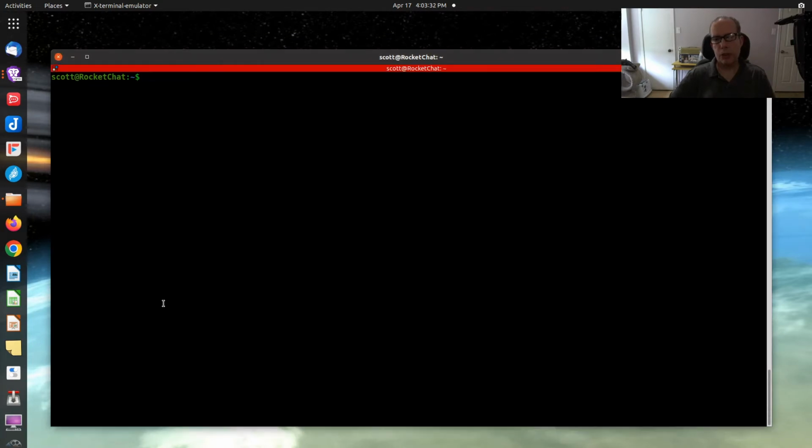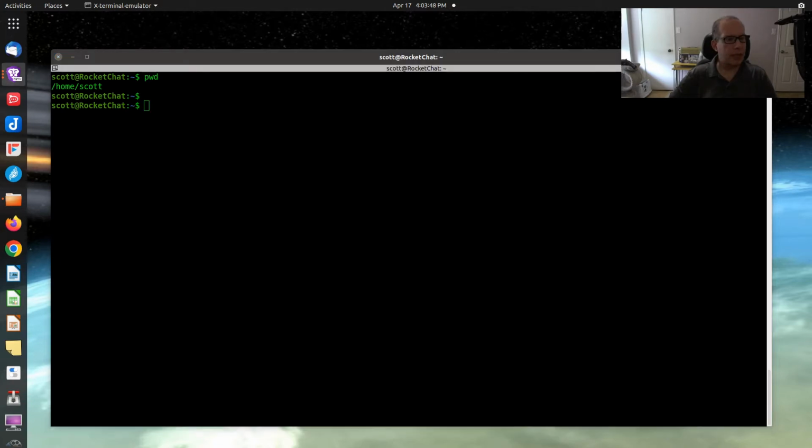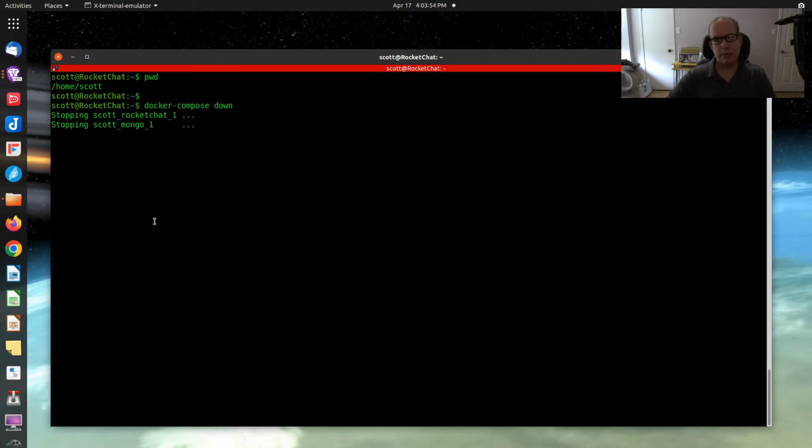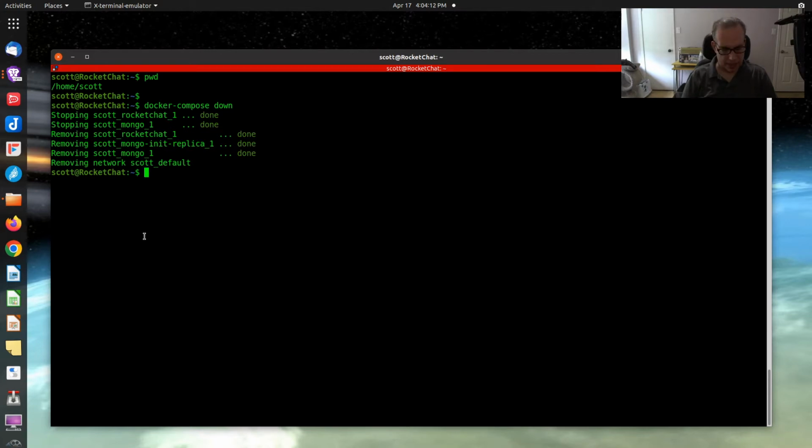So when I first tried to do this upgrade, I had some problems. The reason is that the migration tool expects your configuration to be in the opt RocketChat folder. So in my case, I did a docker compose down. Now that the product is down, the next step that I did was